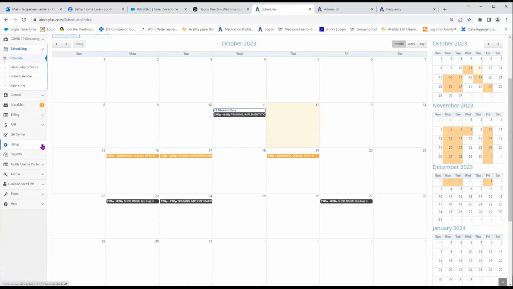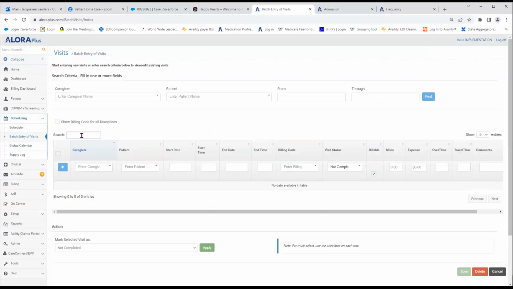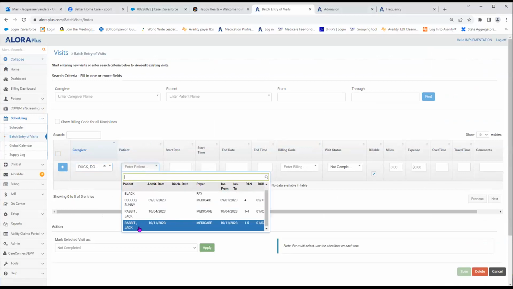The very last thing I'm going to show you in the batch entry is to schedule a single visit in this area. So let's go back over to the batch entry of visits. And this is what your middle boxes are for right here. This is to schedule a single visit onto any patient's calendar. You're going to choose the caregiver who's doing the visit, what patient's calendar you want to add it,